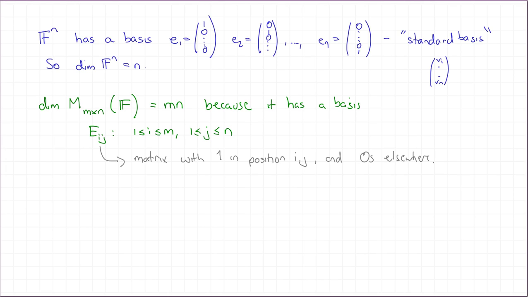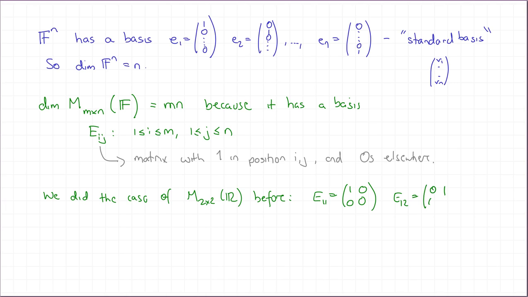So we did the case where m equals n equals 2 and where the field was the real numbers a few lectures ago. And in that case, the basis was E11, which was this, E12, which was that, E21, which is this,